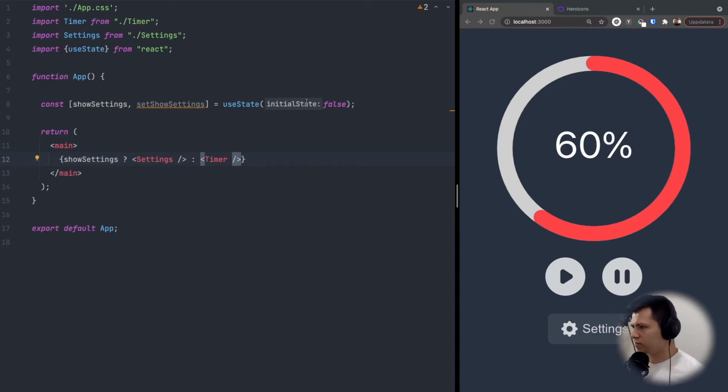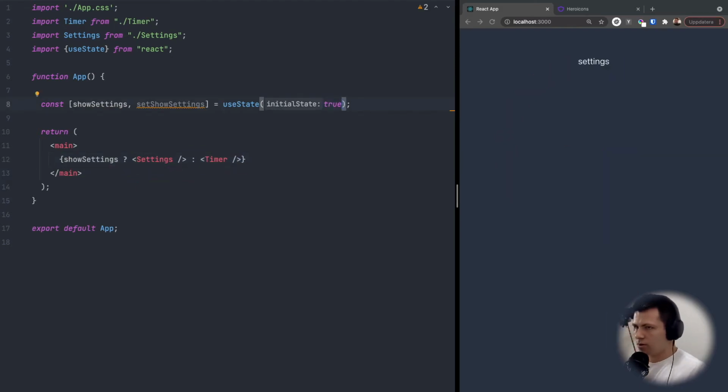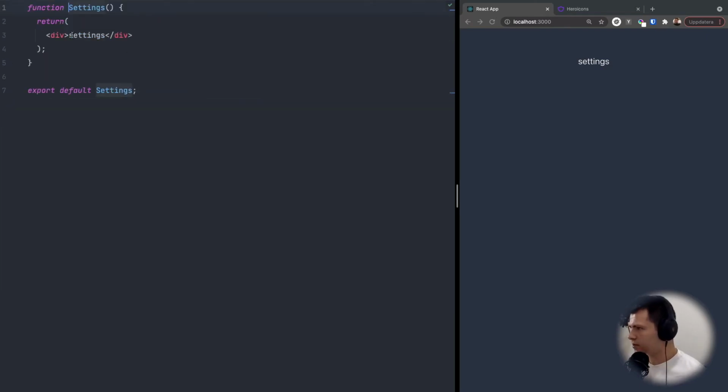So now the showSettings is false because it has the default value. So this one is false. So we are not showing the settings, but we are showing the timer. If I change it to true, we are showing only the settings. Okay, now let's fix the settings page. So I'll go back to Settings,